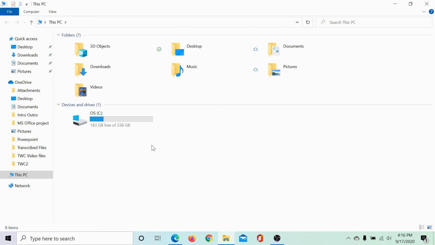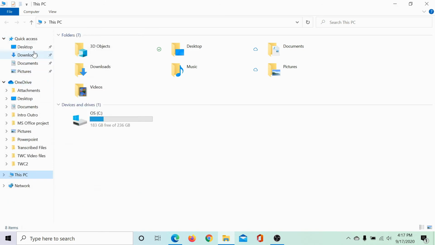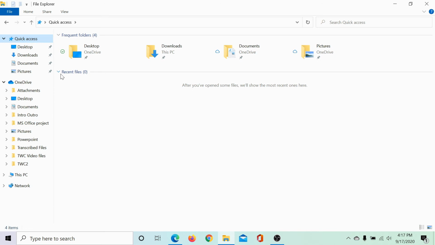The next option is to delete recent files history. The procedure is similar. Right-click on Quick Access and select Options. Now, in the Privacy section, you can choose either not to show the recent history at all or clear all the recent history. And once you have done that, click on Apply and then on OK. Let me check Quick Access, and we see no files in the recent history, which is very important for those who are concerned about their privacy.